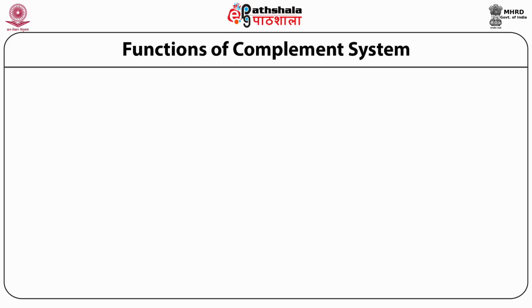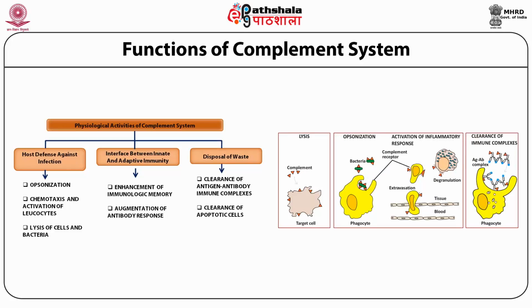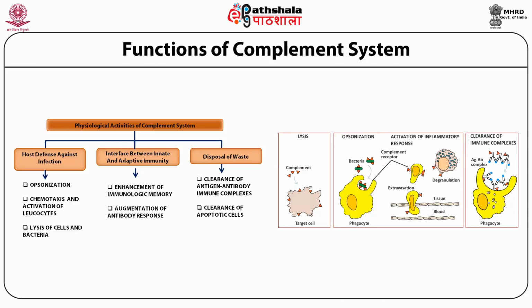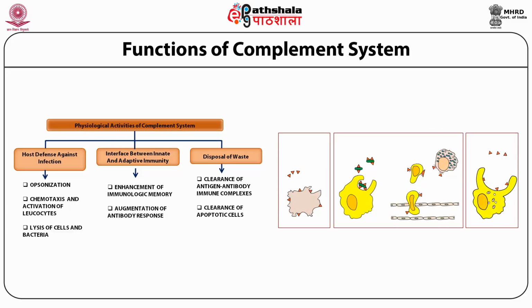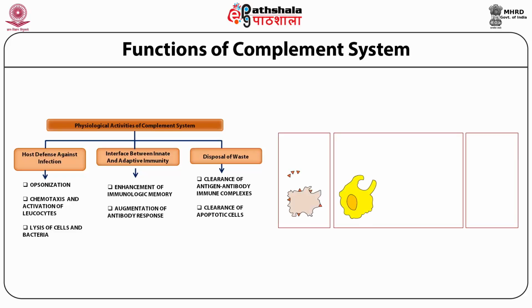Moving on to biological activities of the complement system. The biological activity of the complement system reaches far beyond these original observations of bacterial lysis. After initial activation, the complement components interact in a regulated cascade and carry out a number of basic functions such as host defense by lysis of pathogenic bacteria and cells, opsonization, which promotes phagocytosis of particulate antigens, activation of leukocytes,